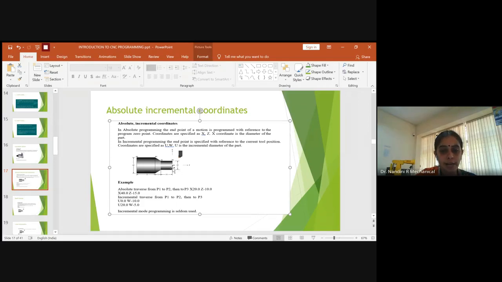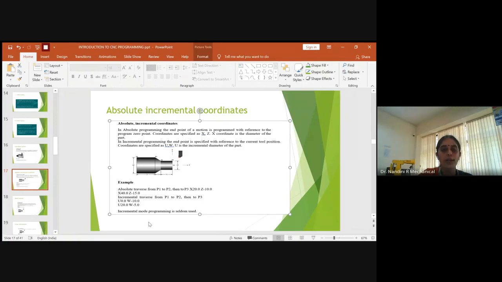So if this is the start point, you have to end over here. So you have to specify the incremental programming for the tool at the end point. So if this is the start, this will be the end point. With reference to that, you have to give minus 10 as the end point for the current tool. So as per that, you have to understand the concept.